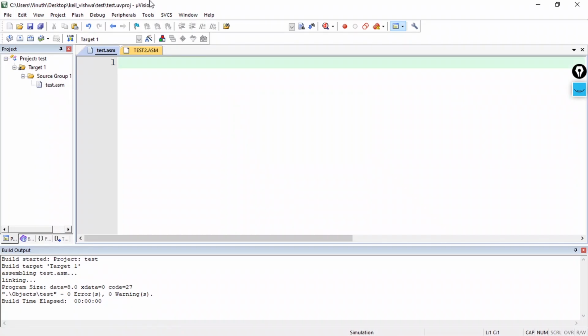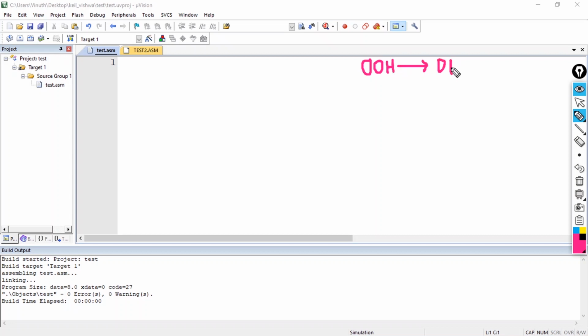Let us see what is the logic behind this hexadecimal up counter and down counter. Hexadecimal in the sense that, since we have 8-bit registers, it is going to count from 00 hexa to 0FF hexa.